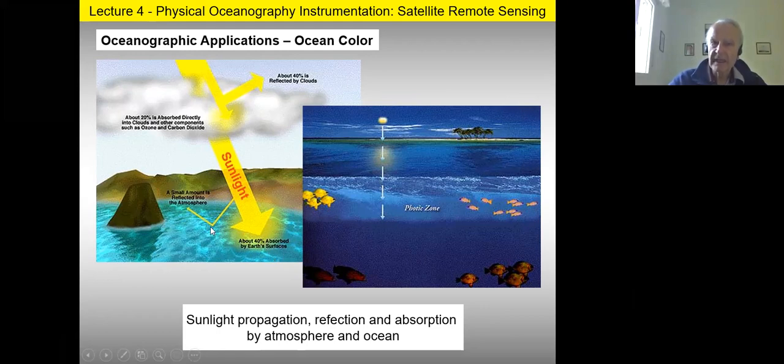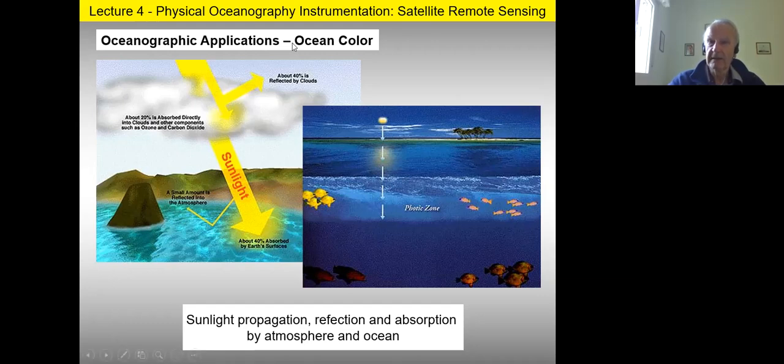A small amount is reflected back to the atmosphere, and about 20% is absorbed directly by clouds and other components such as ozone and carbon dioxide. So one part of this is reflected into space, and only one part can then reach the satellite and be used to study the